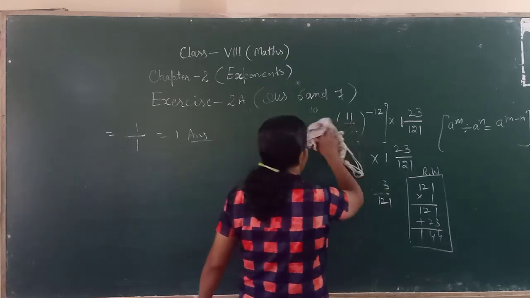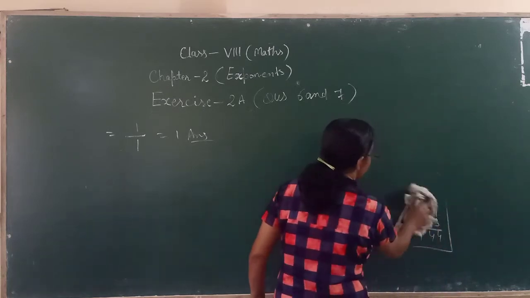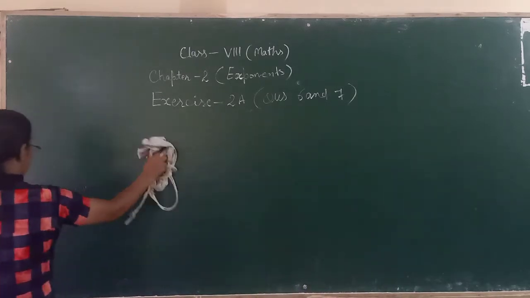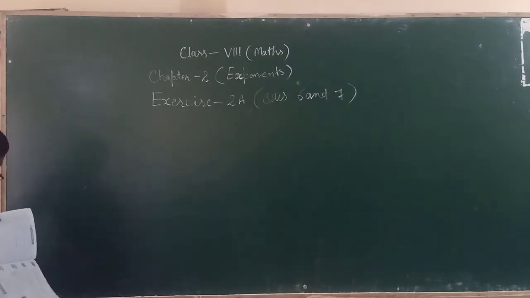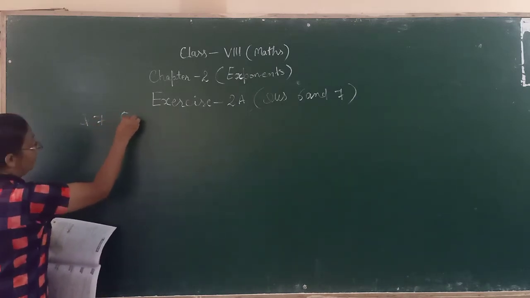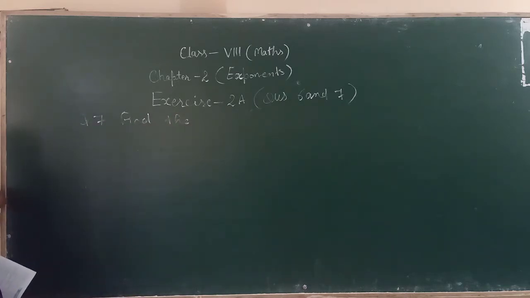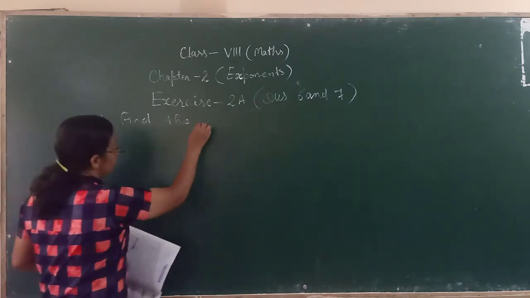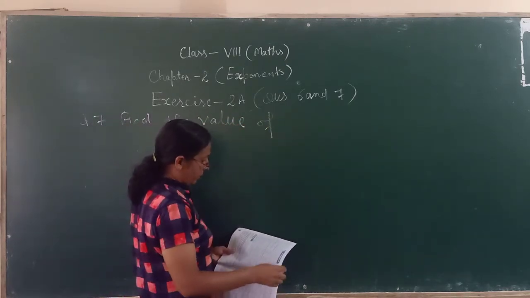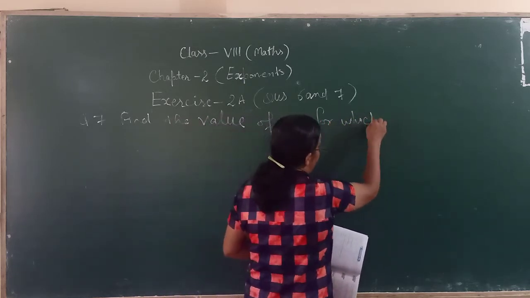Now, question number 7. What is there? Find, and if the condition is given as equal, they can ask for the variable value in such questions. This is an important type of question. Question number 7 is: find the value of m, for which